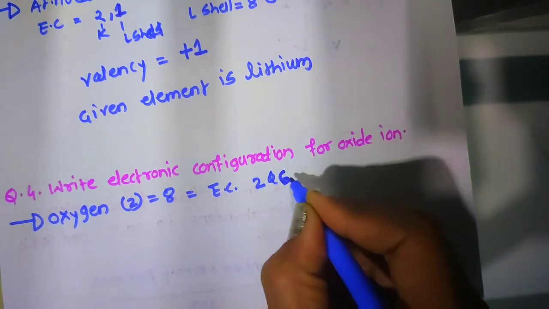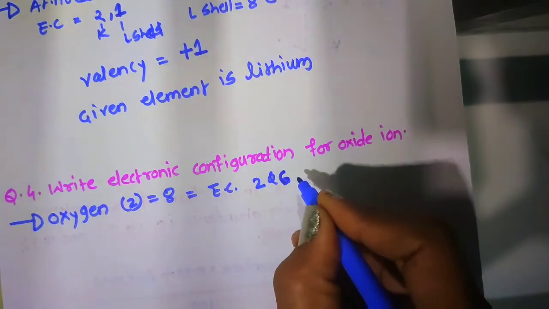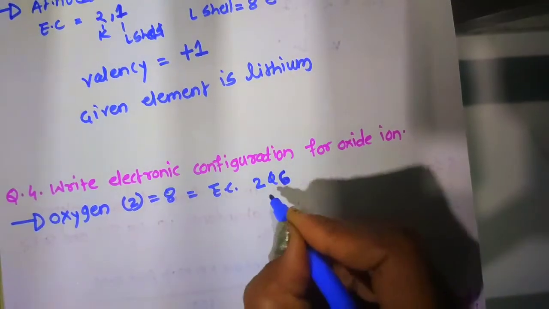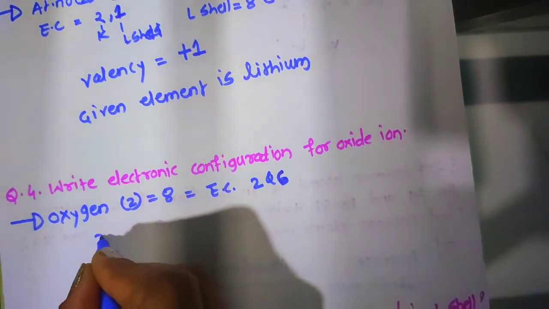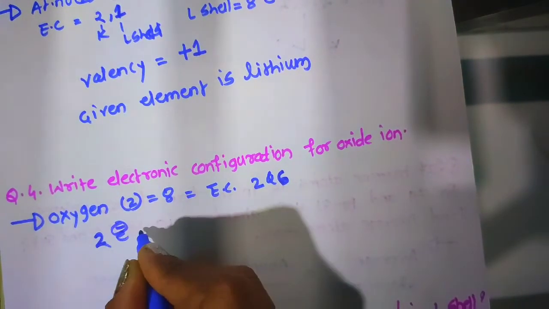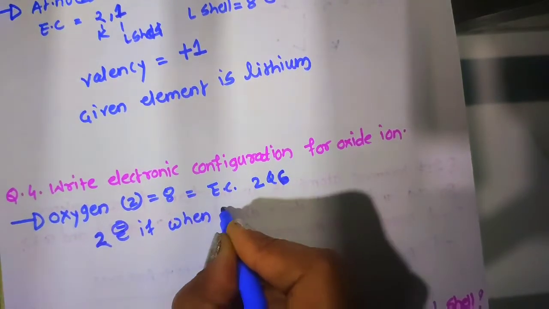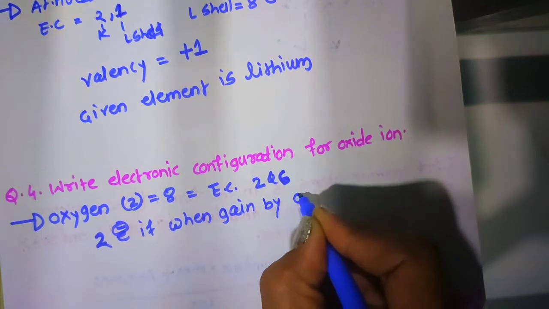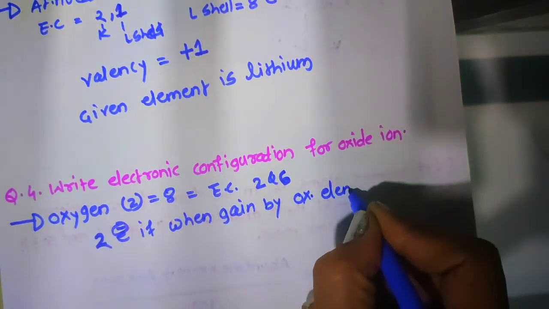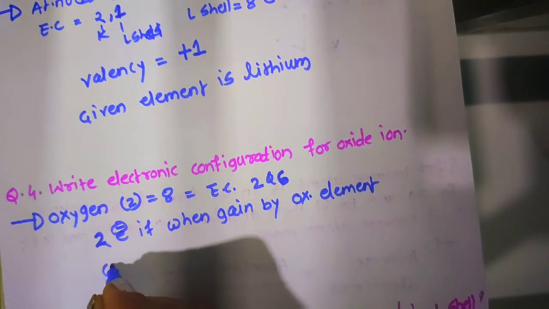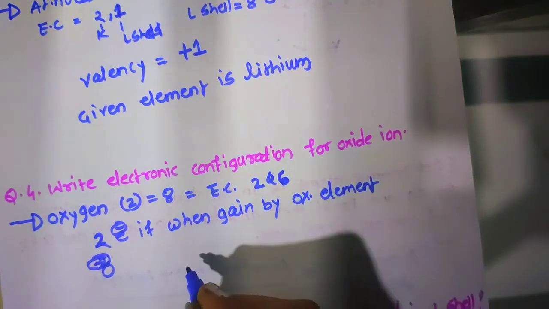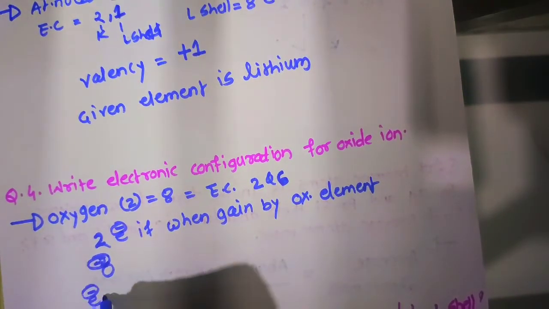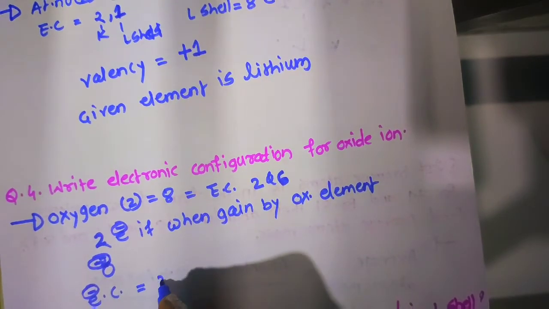The L shell has 6 electrons. So it is easy for this oxygen atom to gain 2 electrons, and when it gains 2 electrons, it will become an oxide ion. And its electronic configuration would be